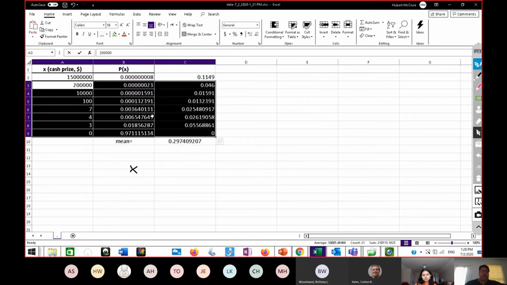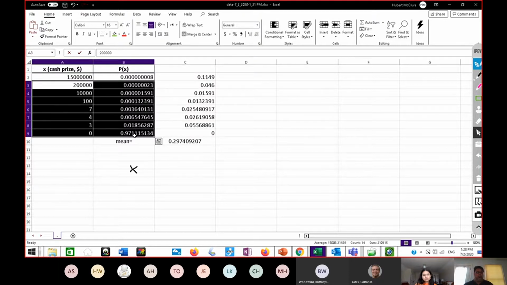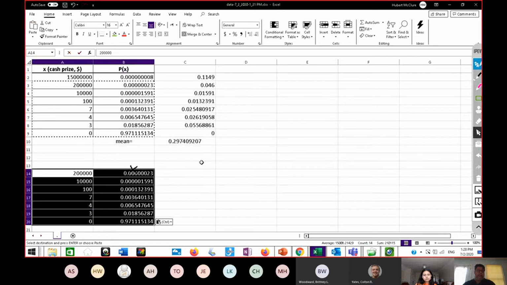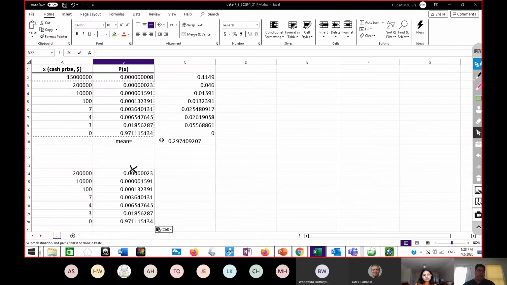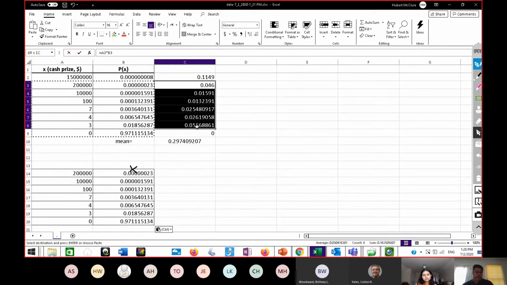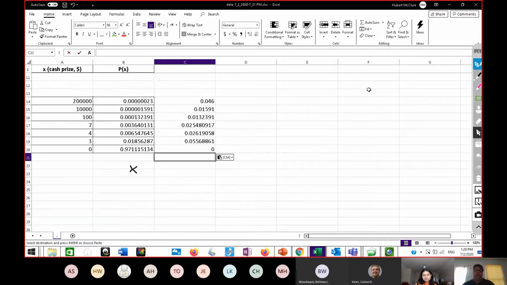So you could actually, let's see, if I took this times this and this times this and this times this, yeah. And then that would be 0.008 times x. So let me take this, and I'm just going to pull this down here. Control C, Control V. And I'm going to add these up. Wait a minute, no, it would be this one. Sorry. I'm going to add these up. Control C, Control V. If you add these up, you're going to get